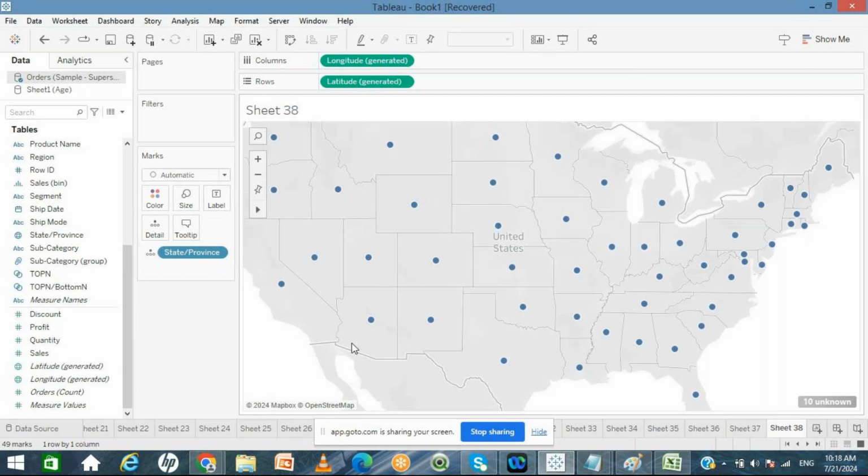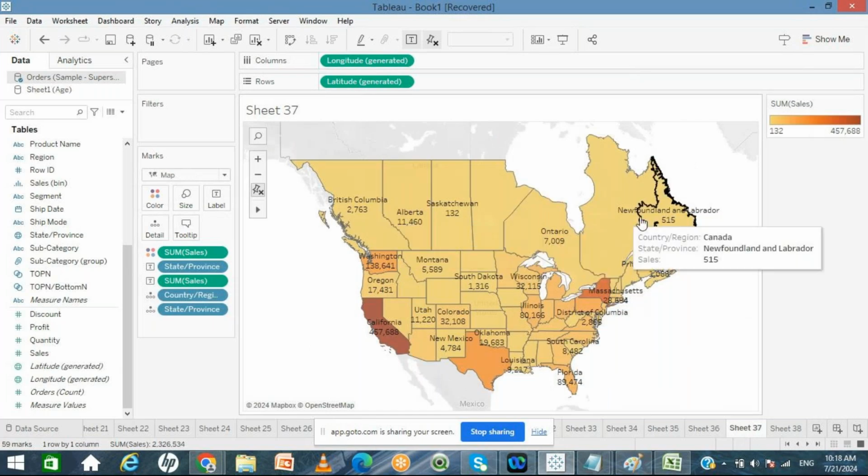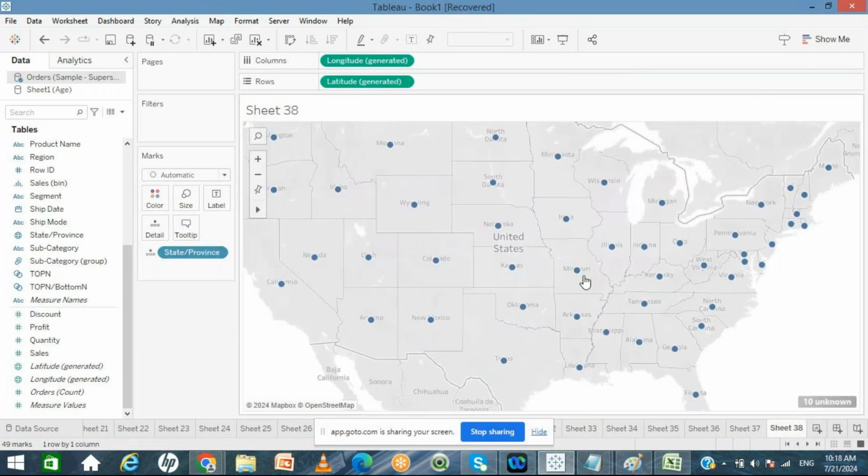Only United States information will be displayed, and the 10 unknown symbols are all Canada related information. I don't want to see Canada. Okay, so then I can use the United States. Now go with the pie representation. Okay, and in the sales,